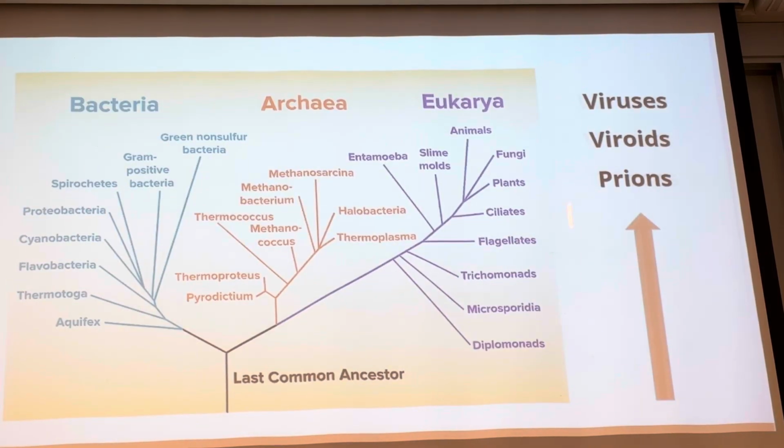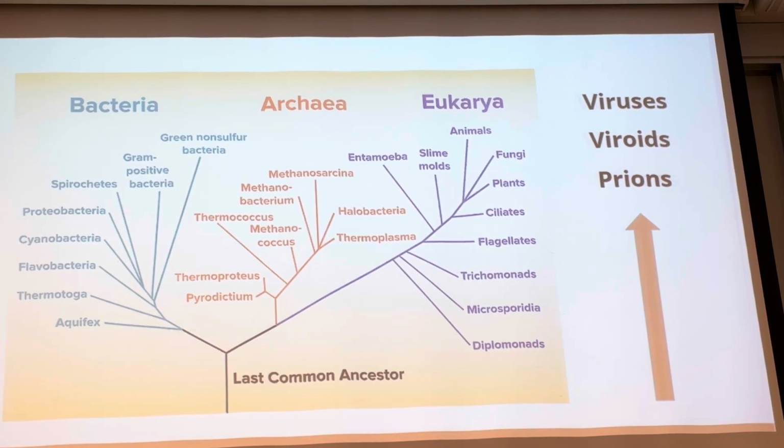So this is why they're over here. Now, after I've said it 10 times, now you get why they're over here in this weird no man's land. They're not on our phylogenetic tree of life because there is no life. They're not really considered living. So they belong off the chart. So I'll talk a little bit about viroids and about prions and what those are, but mostly we're gonna focus